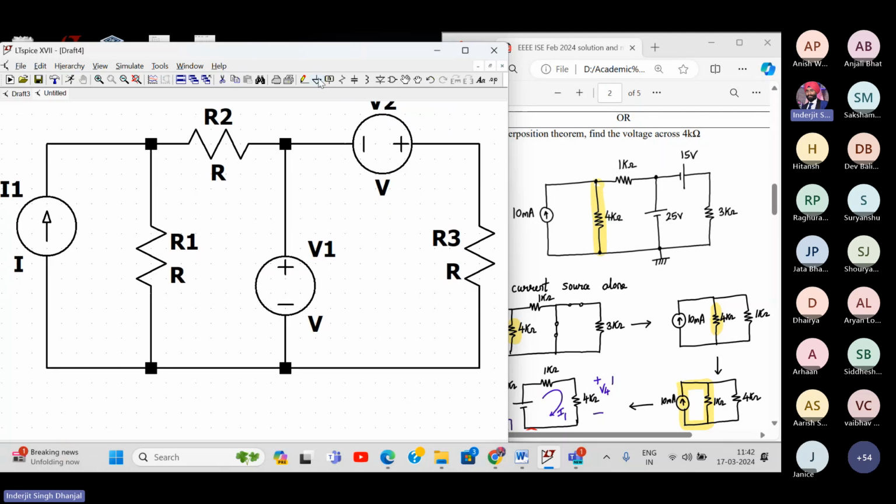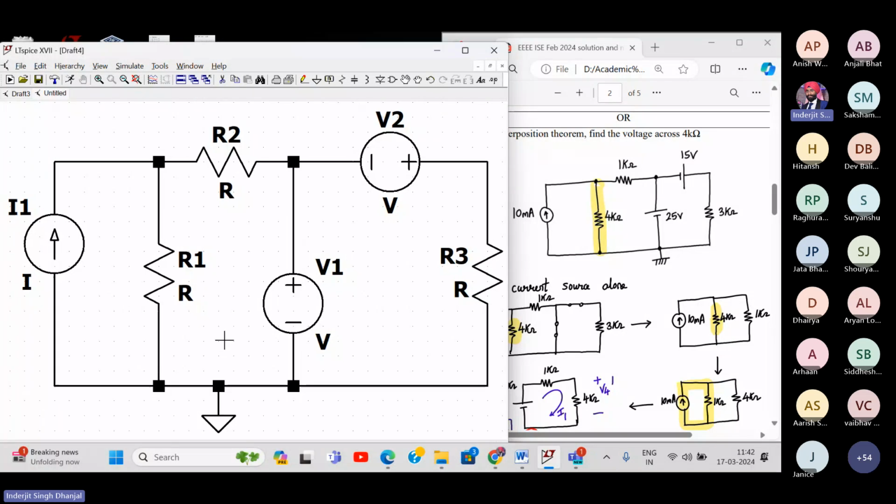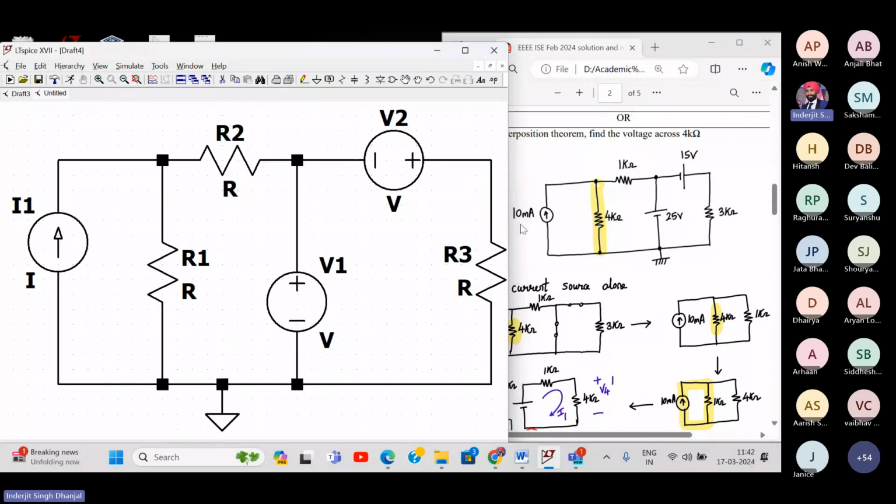Now it's very important to add the ground. So here is the ground given to us. I'll connect that with the wire here. Now the next part is to label these things, to add the values of each